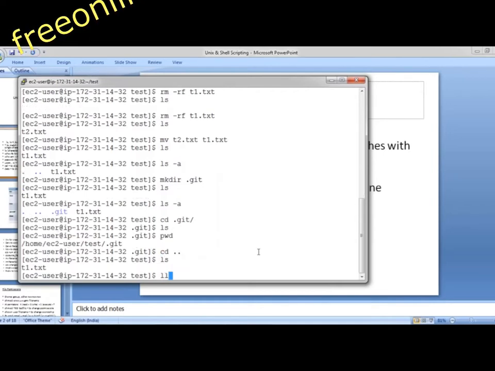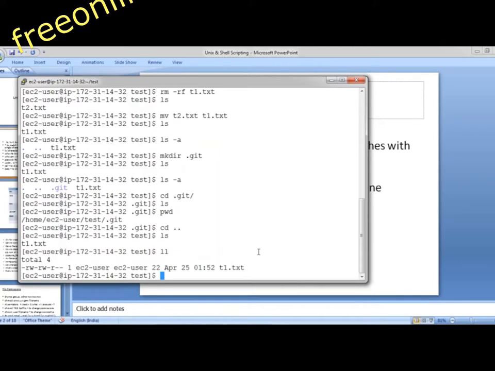ll displays your files with all the detailed information: what permissions you have, read, write, execute permissions. We'll speak about permissions going ahead.